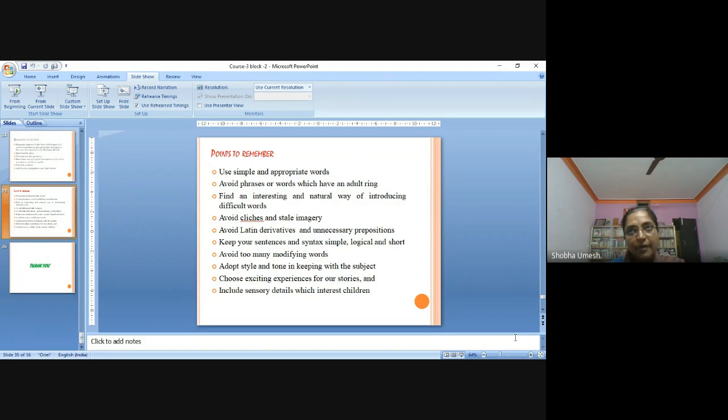A beginner should always impart all these qualities when writing for children. The first thing is the age group for whom we are writing, and what their need of the day is. If we are writing fantasy, it should not be too far from reality, and each and every story will impart certain values and ethics. Also, the language we use should be very simple, and no lengthy sentences should be incorporated in writing. Okay, thank you.